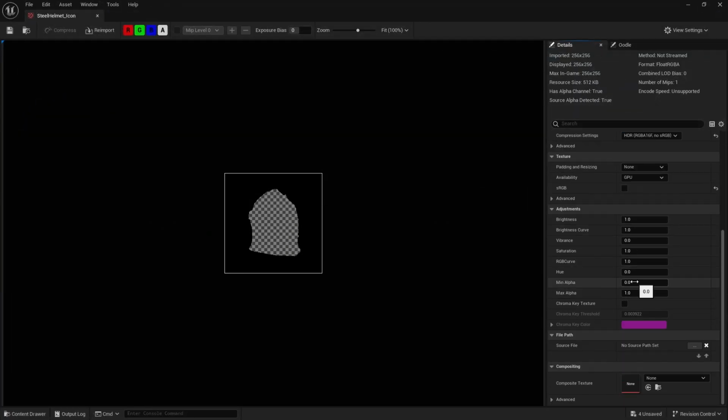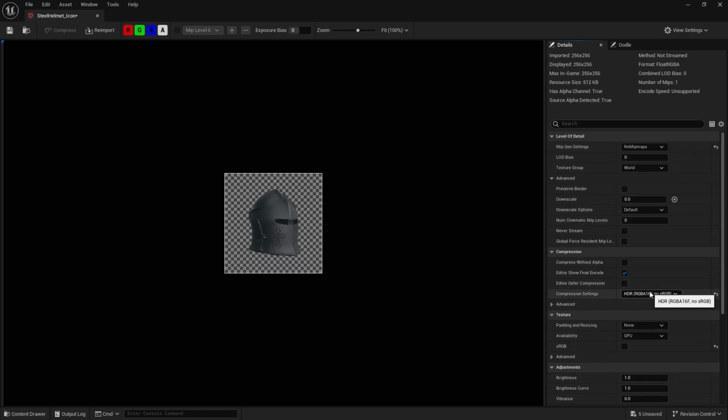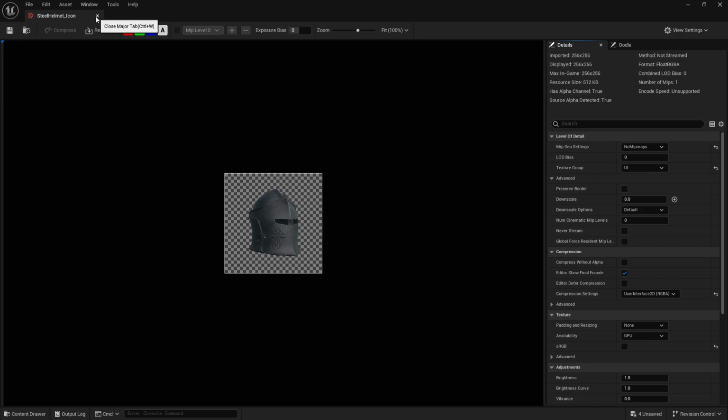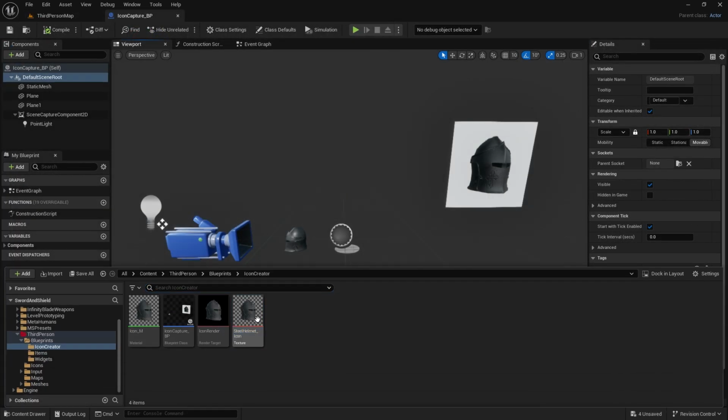So we need to change min alpha to 1, max alpha to 0, compression settings to user interface 2D, and texture group to UI. Save this. You can close this, drag it into your icons,